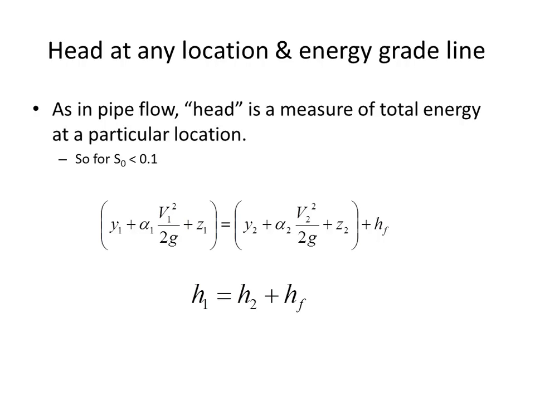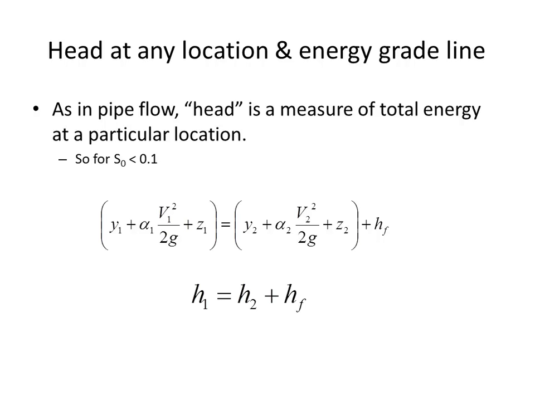Head is measured, and we talk of head in the same way that we did with pipe flow. It's the sum of all three terms. And when we were doing the three reservoir problem, for example, and we found the head at junction D, that was just by adding up all of the terms of the energy. In pipe flow, sometimes we neglect the velocity head, though. For example, when we did the three reservoir problem, we just used the pressure as an indication of what was